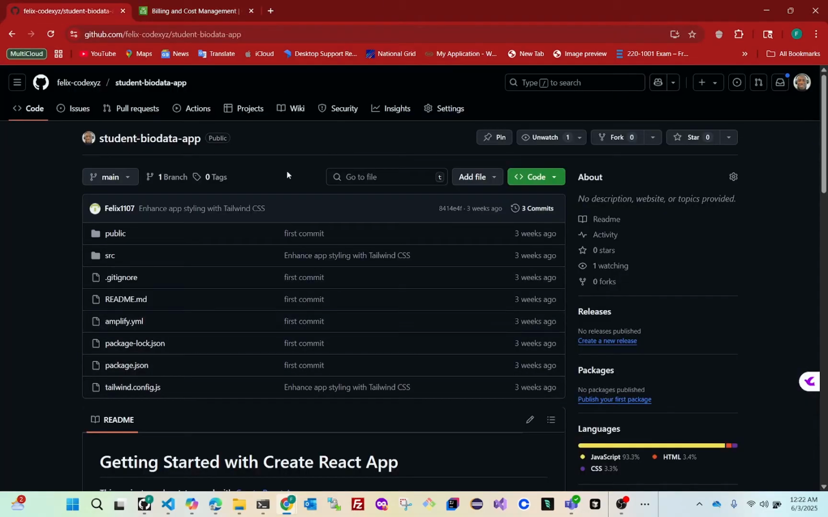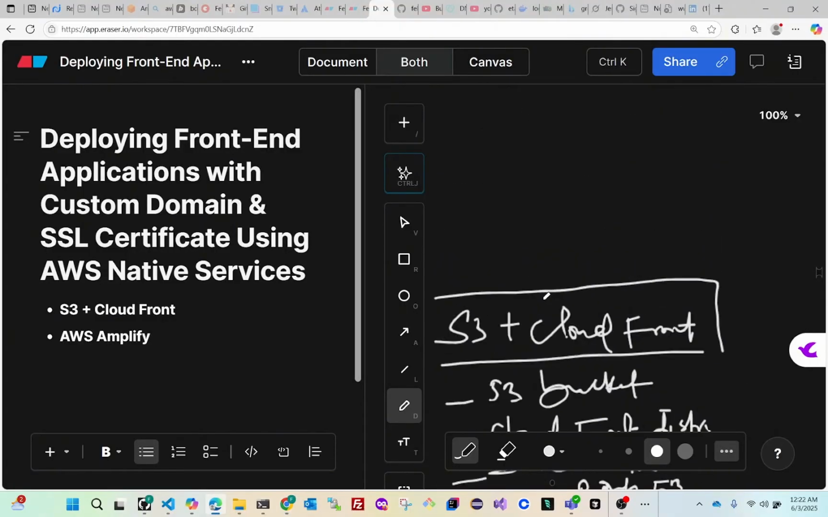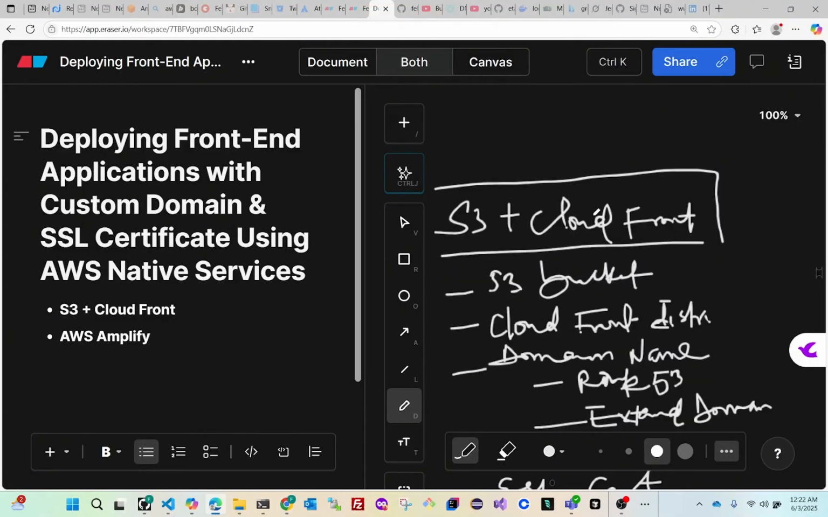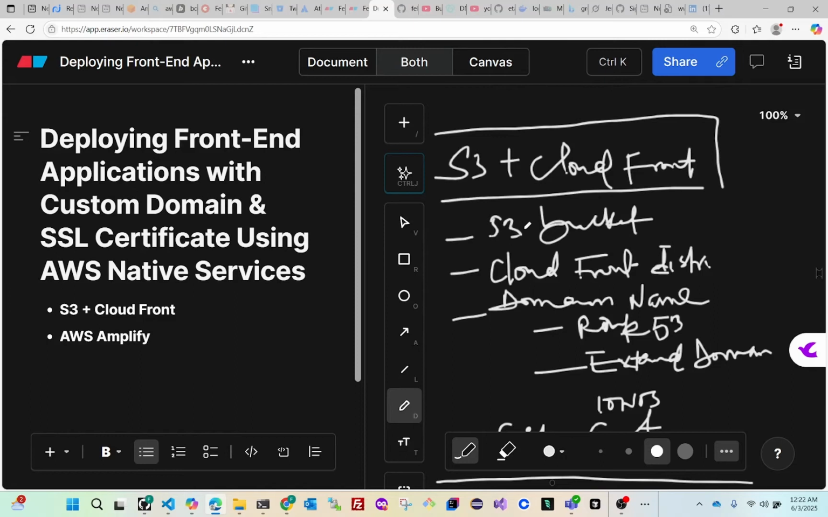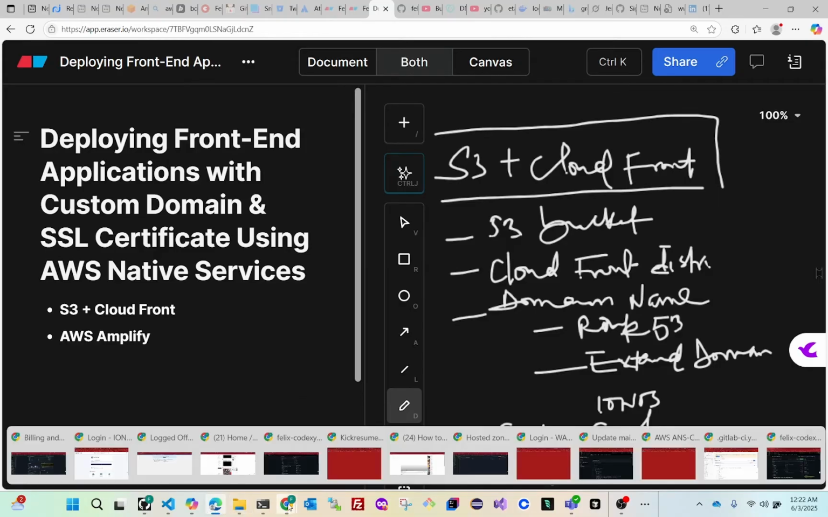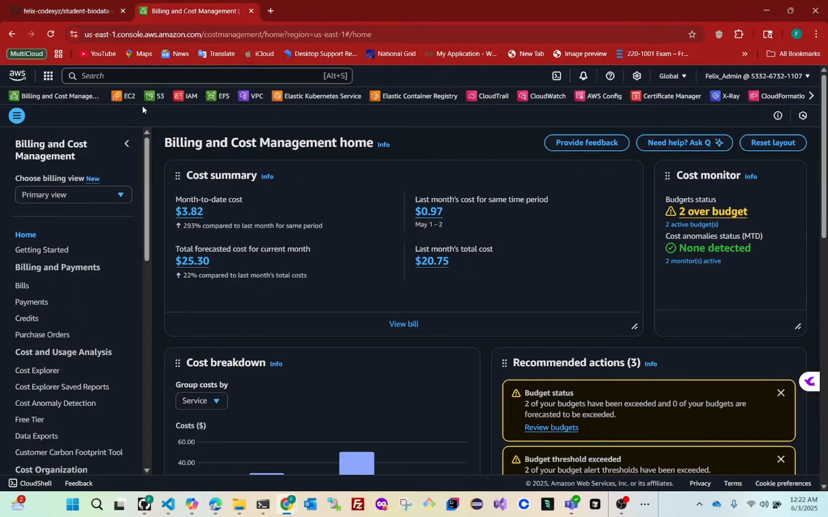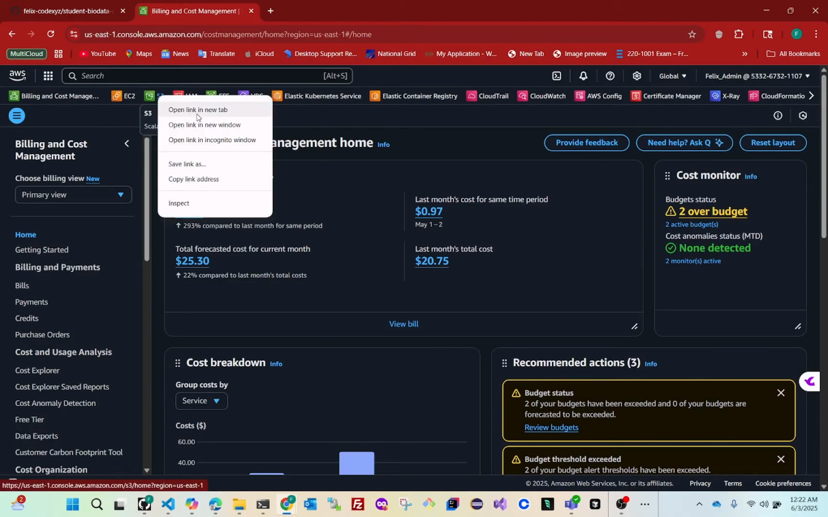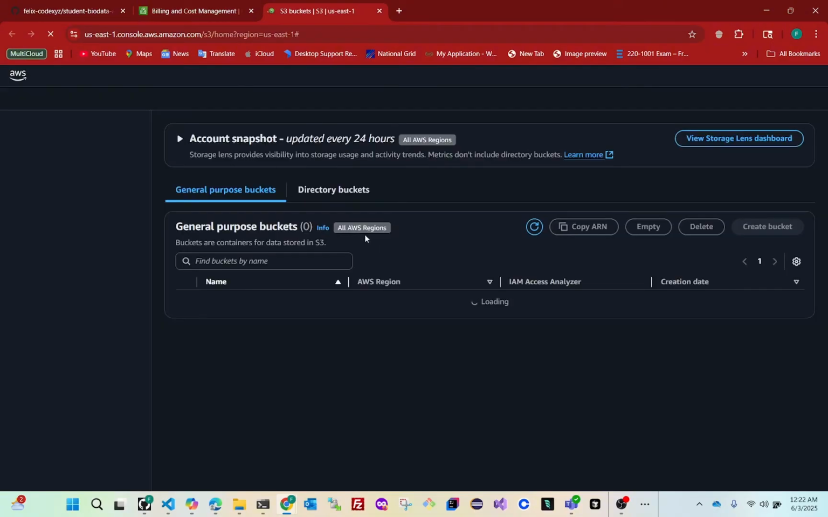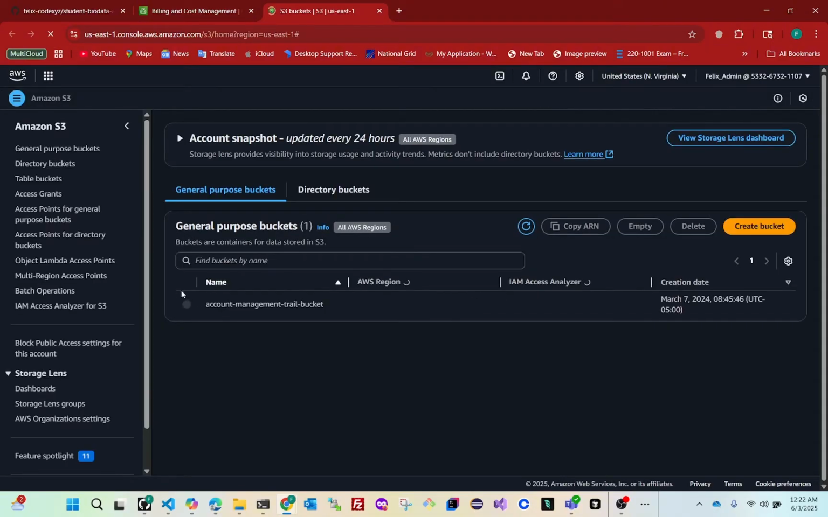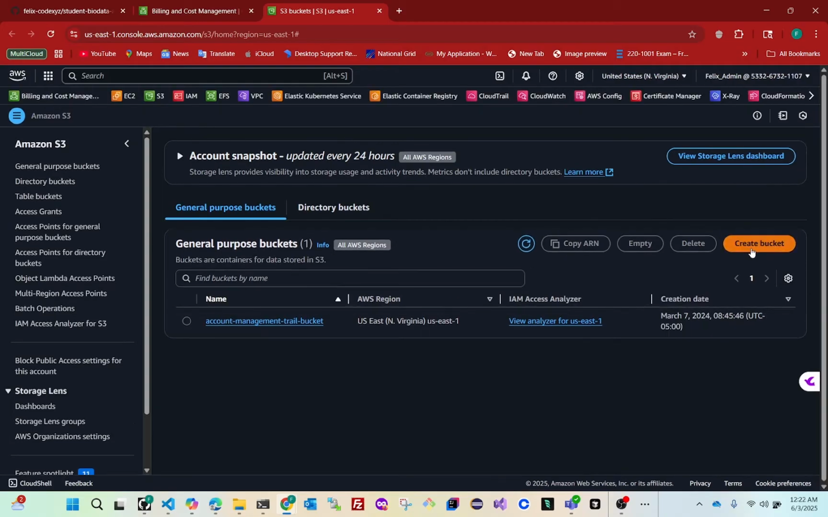Okay, now let's jump onto the project. So for us to use the first method, which is S3 bucket and CloudFront, we'll first go to our AWS service and create an S3 bucket. So I will go to my AWS service. This is S3 here. I'm going to open it in another window. This is S3, and I'm going to create an S3 bucket. I will say create bucket,